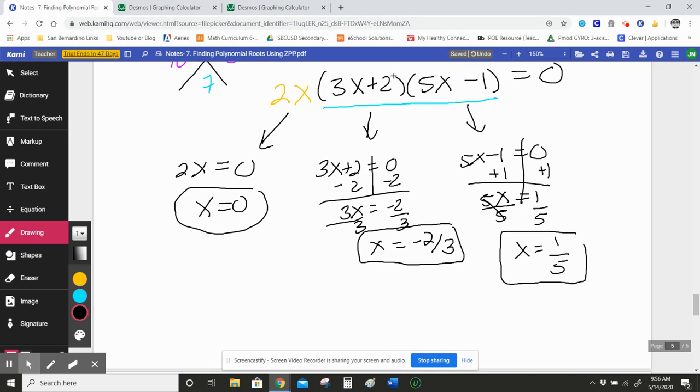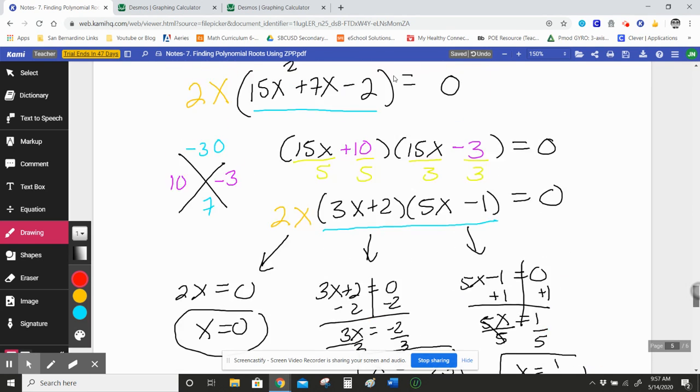But be careful because for whatever reason, Desmos only does decimals. So negative 2 over 3, another way of saying that is x is equal to negative 0.667, right? So that's the same answer there. Another way of saying 1 over 5 is saying x is equal to 0.2, because 1 over 5 as a decimal is 0.2. So when we plug it into Desmos and I graph it, then I can see that